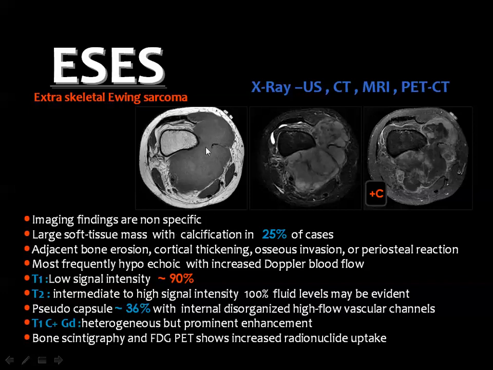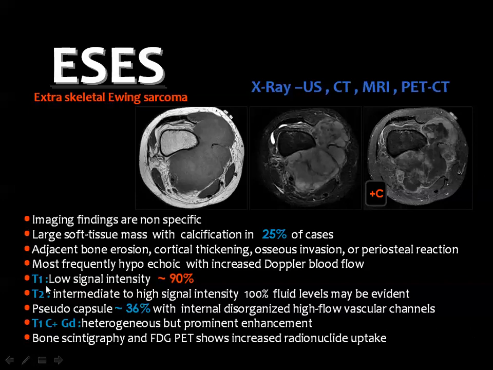You can see a big mass in the back or the lateral aspect of the lower thigh, and the mass is of low signal in the T1, high signal in the T2, heterogeneous post-contrast enhancement, and this may simulate any other sarcoma like the synovial sarcoma, for example, the rhabdomyosarcoma, and also soft tissue metastasis and lymphoma can also produce similar